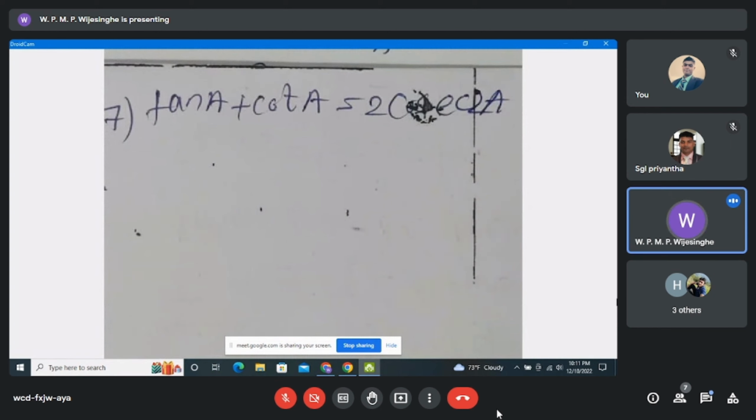A is converted into 2A, right? So in the left hand side, we have to make 2A. Let's write down